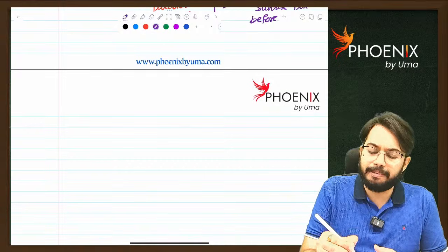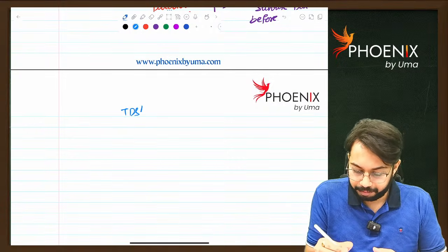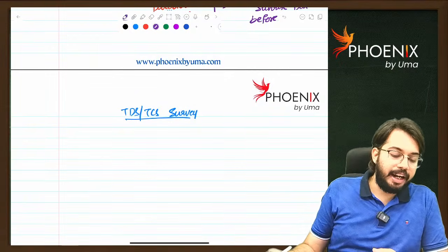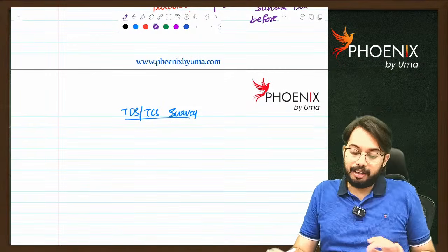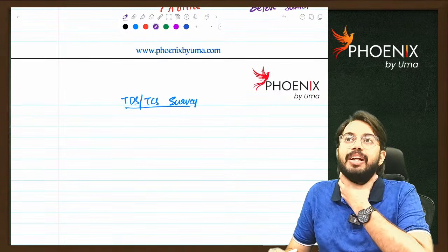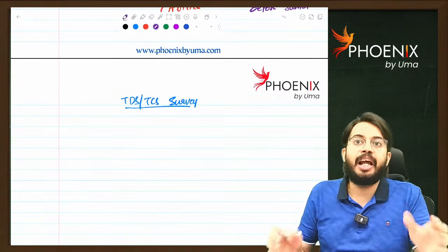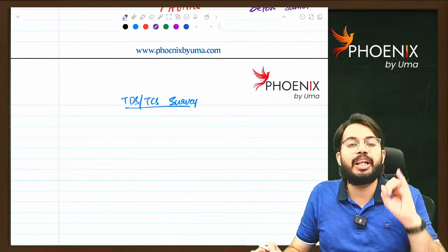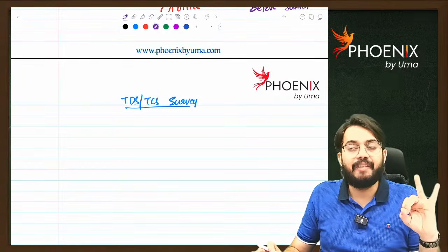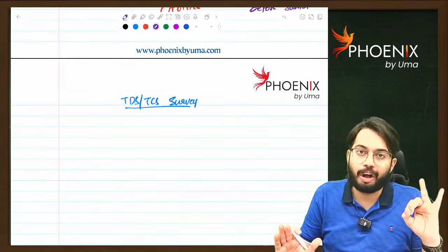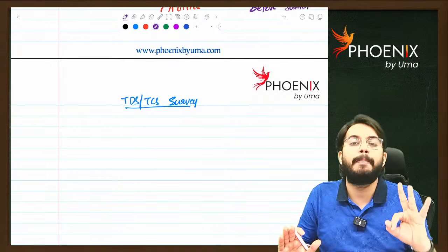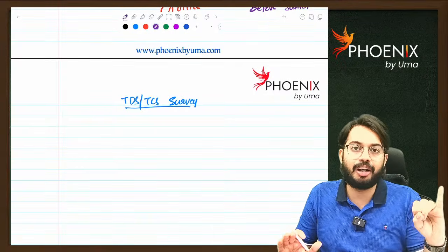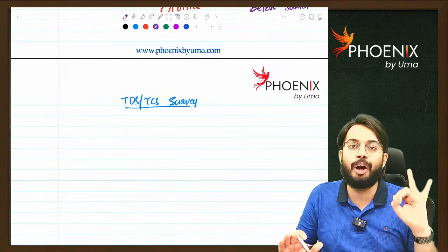Next, there is another concept, TDS and TCS survey. Under TDS or TCS survey, department can come to your office. It can verify all books of accounts. Under TDS TCS survey, what they will do, sir? They will check whether you deducted TDS or not. They will check whether deducted TDS is deposited to government or not. They will check whether TDS returns are properly filed or not. They will verify only three aspects: whether TDS deducted or not, whether deducted TDS is deposited to government or not,